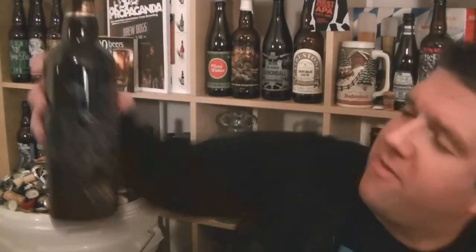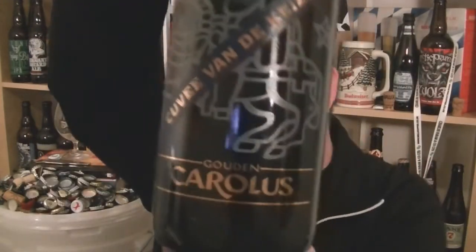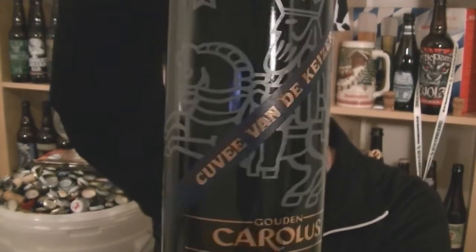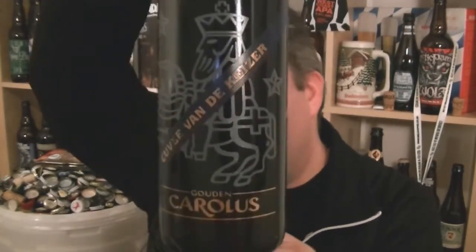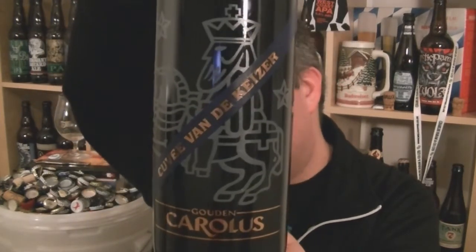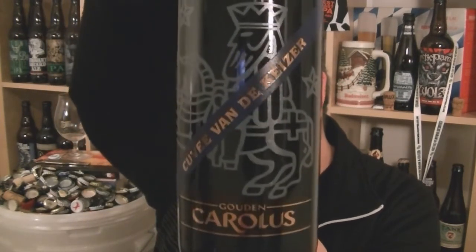This time we've got a bit of a beast. It's a bottle of Gouden Carolus Cuvee van de Keizer. It's the blue or blau. It is 11% ABV from the Brouwerij Anker. So yeah, 11% ABV. I can't find a hell of a lot of information about this beer,